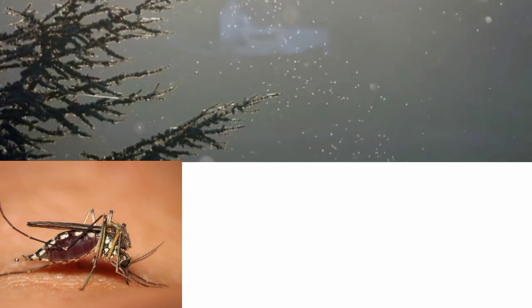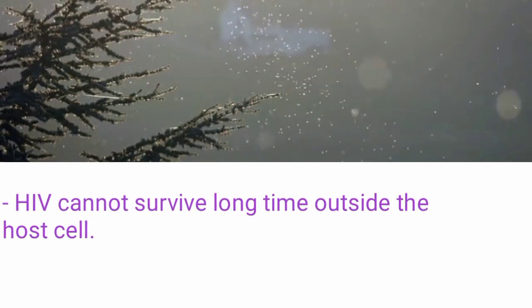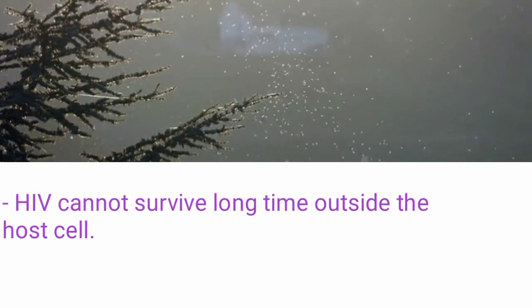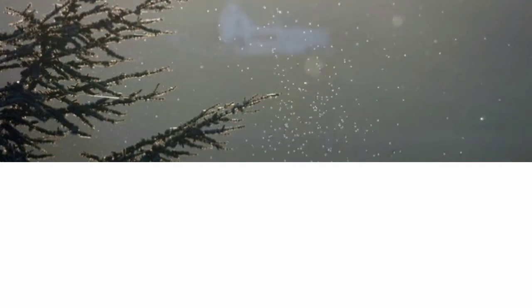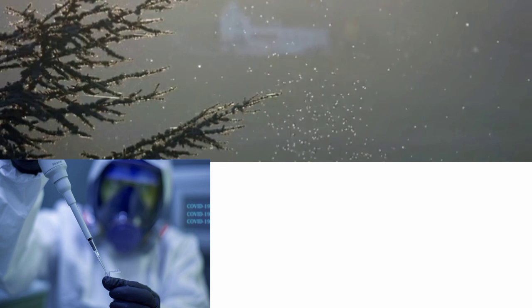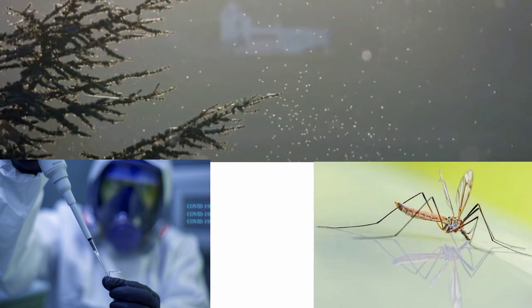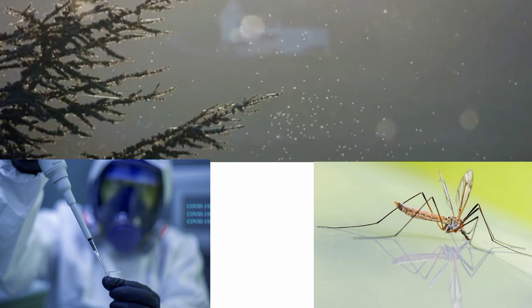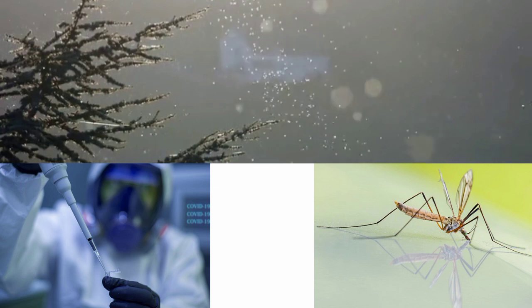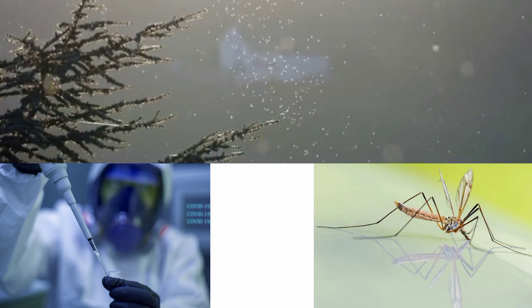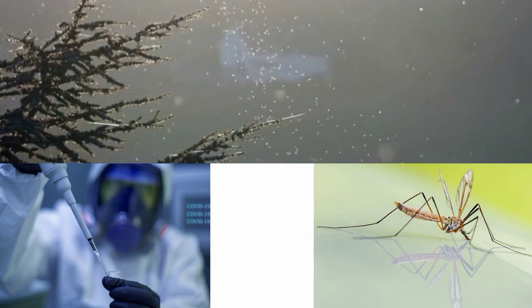Mosquitoes cannot transmit HIV for some reasons. One reason is that HIV cannot survive for a long time outside the host cell. It will be active only when it is inside the host cell. According to scientists who study the biting behavior of mosquitoes, after sucking blood from a person, a mosquito never immediately bites another person. After sucking the blood, the mosquito sits, relaxes, and digests its meal, so that the virus gets digested in the alimentary canal of the mosquito.